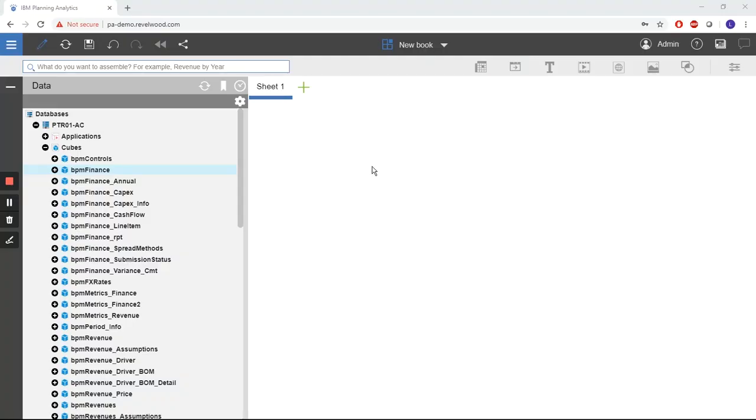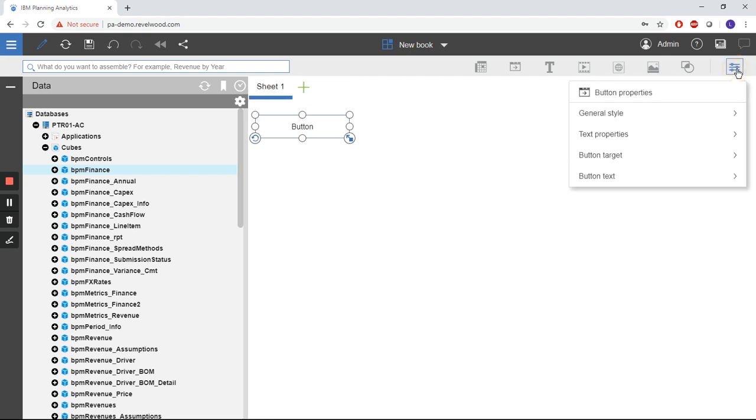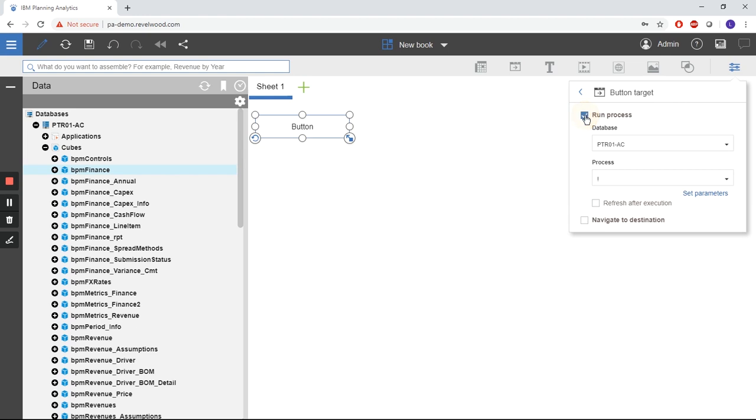The way that we create a button in a PAW environment is we click on the option for button, and it will create a button. Once we've created that button, we then have the option to go into the properties, determine what our properties are within the button target, and we can make that button target into a process. Once we select Run Process, the system will allow us to determine which process do we want to run based on a list of all the available processes.